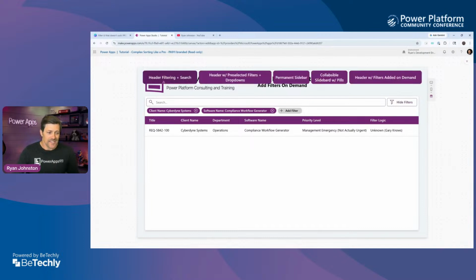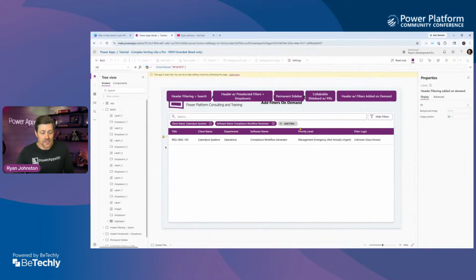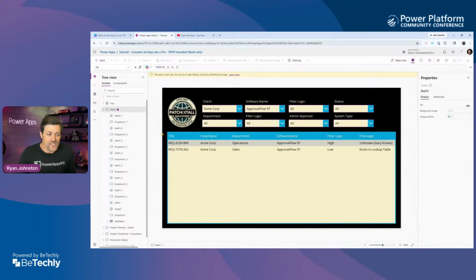So I want to first just address, like, what's the point, right? What's really wrong with this way of doing filtering? And it's a much bigger conversation about UI UX in general. And so I'm going to touch on it very briefly. And then hopefully this will be a great springboard for you to maybe go do your own research on this